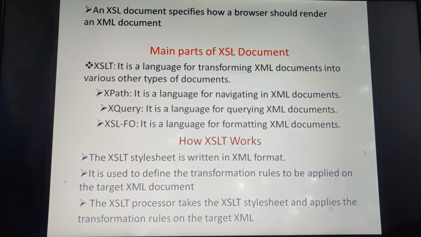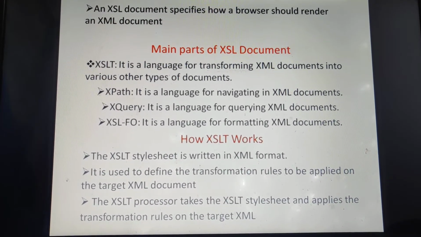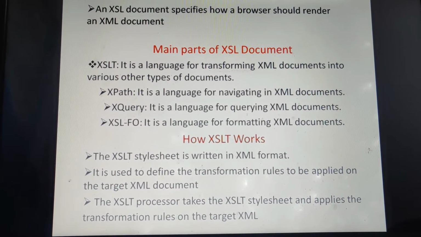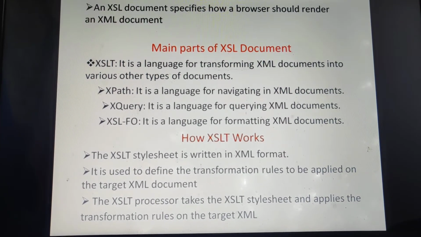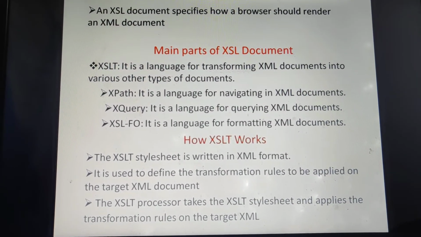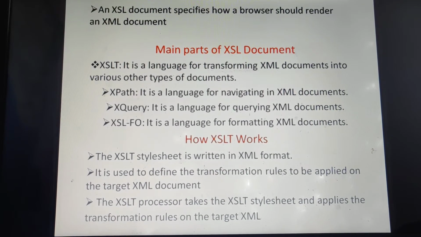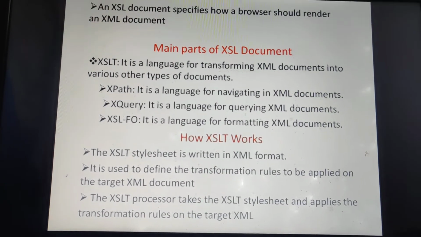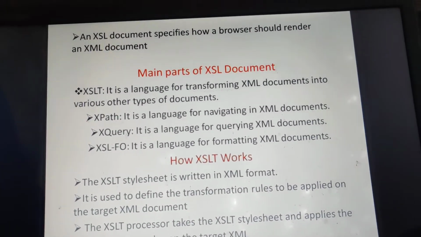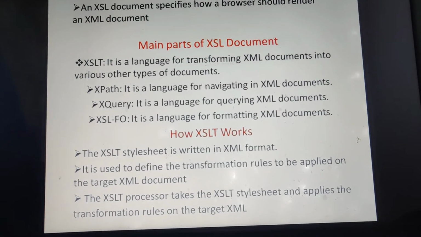As we use a CSS file in HTML, we create an external CSS file and link that external CSS file to the HTML program, so that whatever styles we wrote in that external CSS file will be applied to the HTML.